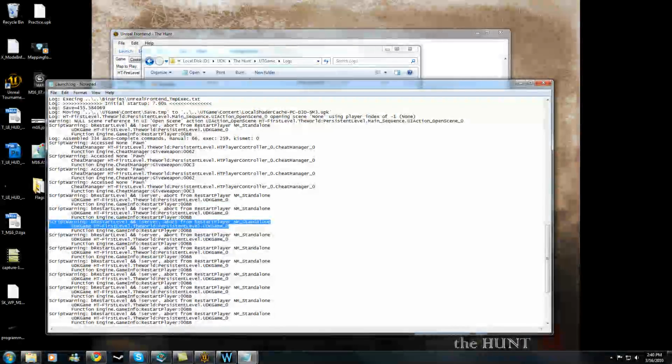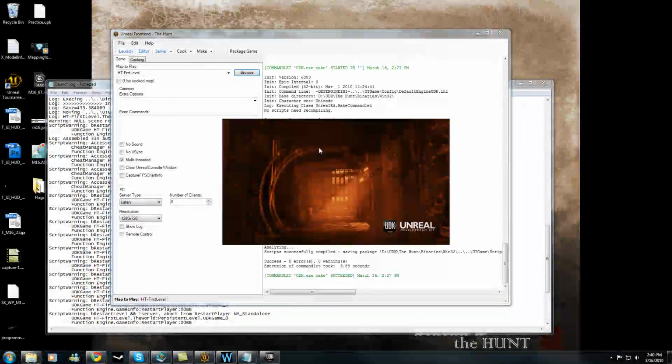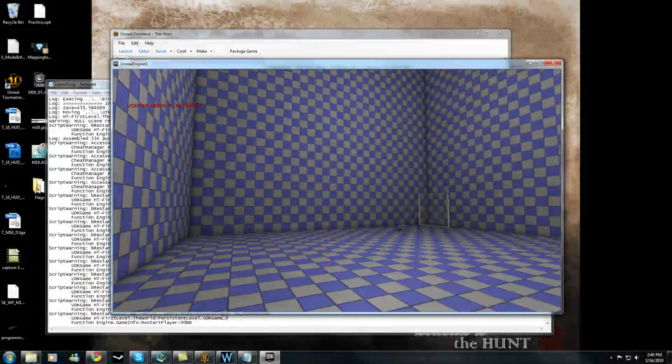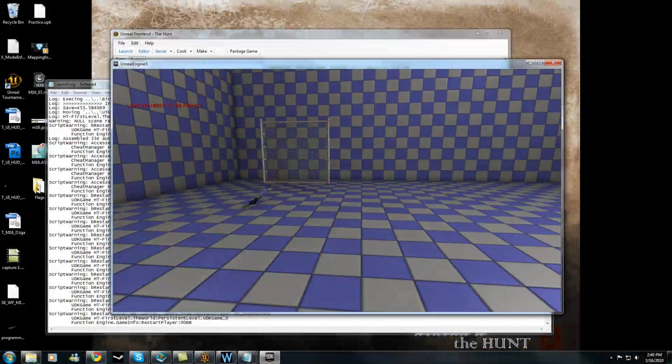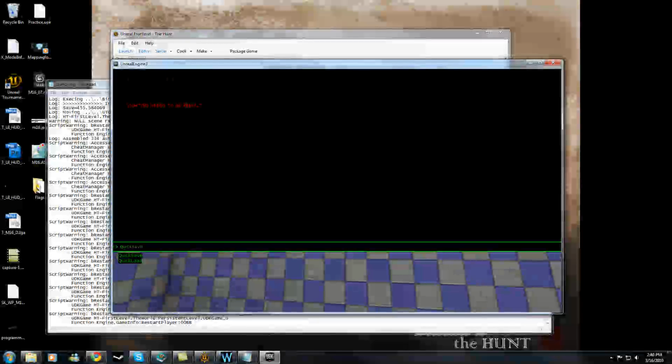Server abort for restart player. Oh, wow! I didn't even think about that. If you load our game, we are floating. Yeah, that's because we're not spawning, and they didn't give us a weapon because we are not alive. The reason behind this is,